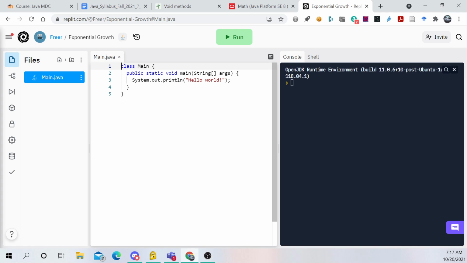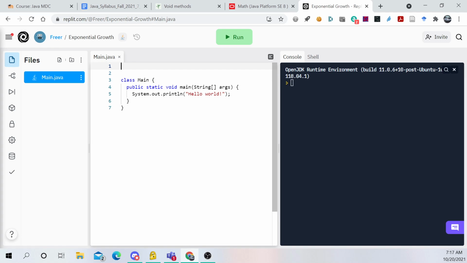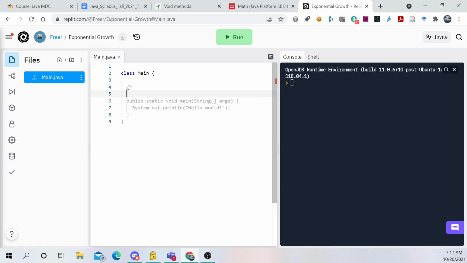And we can go ahead in here and we can have a method inside class Main. Let's just keep class Main toward the top. So we'll make a static method to illustrate exponential growth,